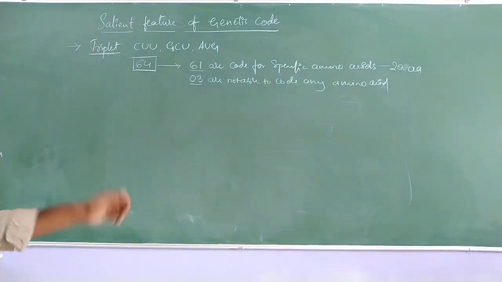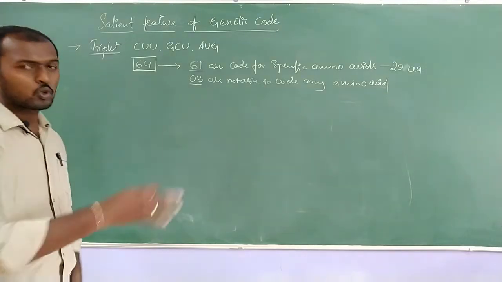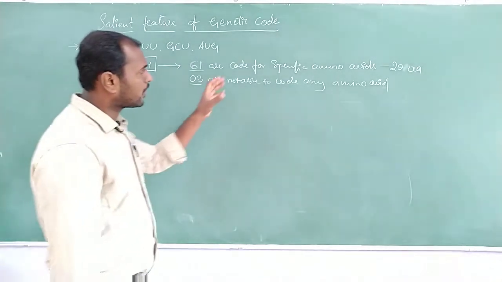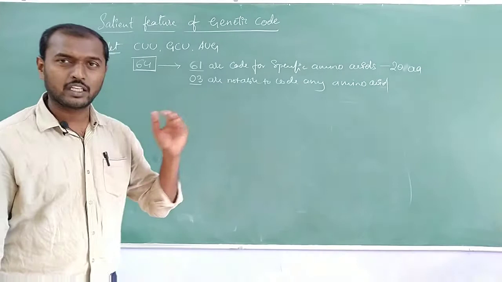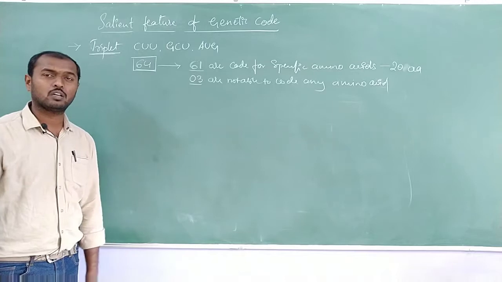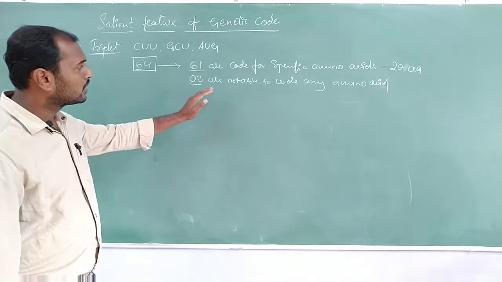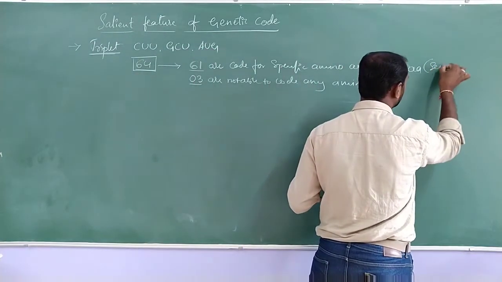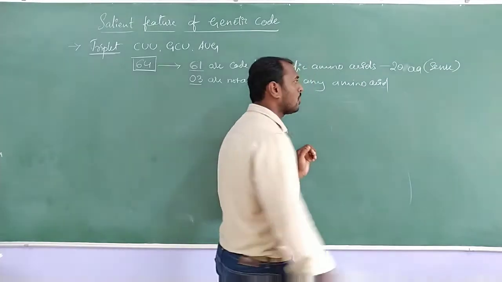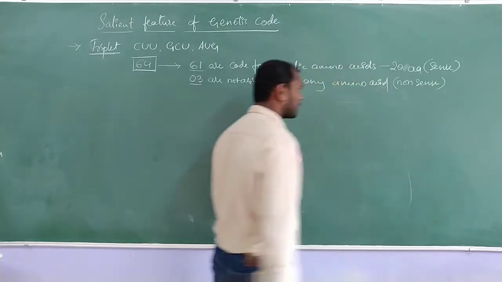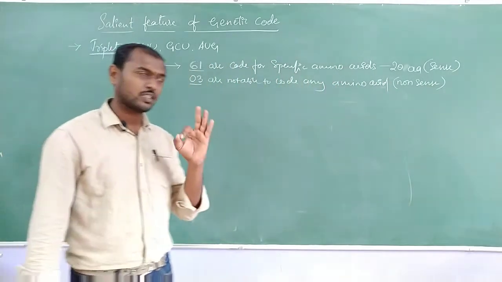Genetic code is a triplet and has 2 groups. The first group is the 61 codes which are able to code for amino acids. The second group are the codes which are not able to code any amino acid. They are called the non-sense codons. The first group is called sense codons, and those not able to sense are called non-sense codons. There are 3 nonsense codons.